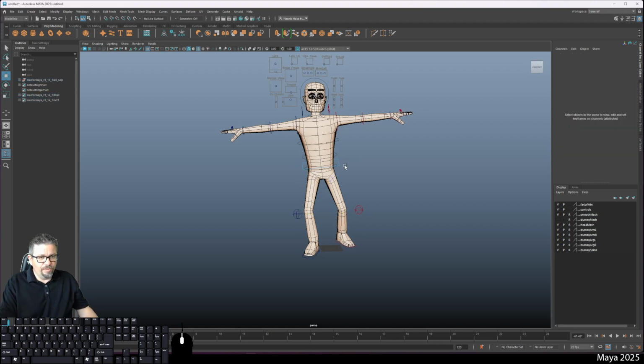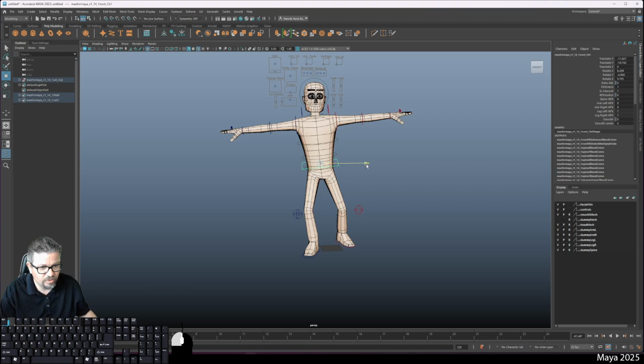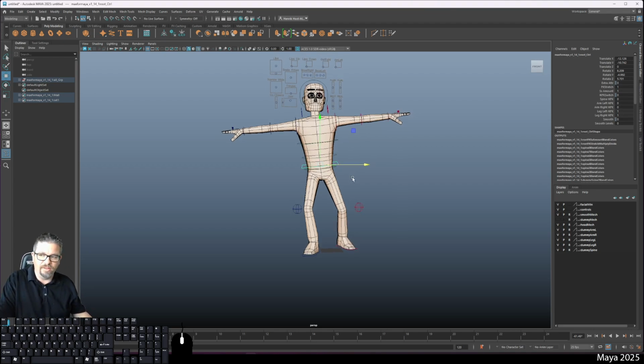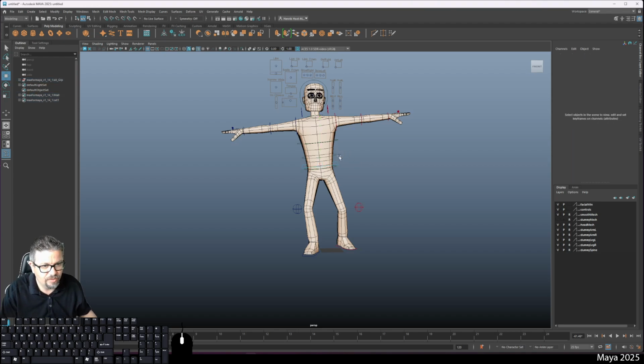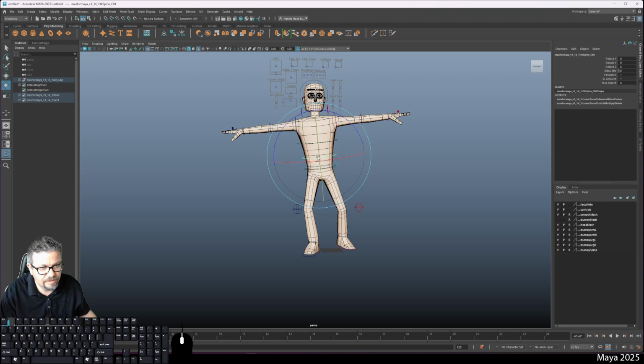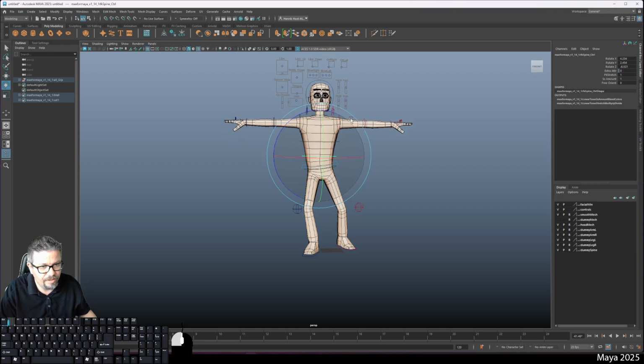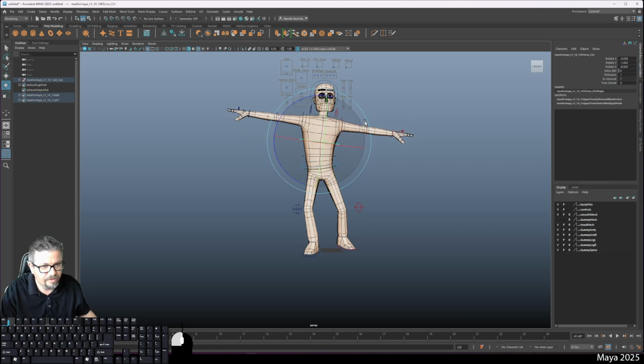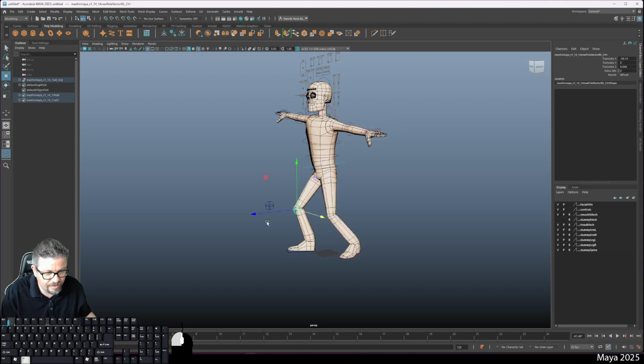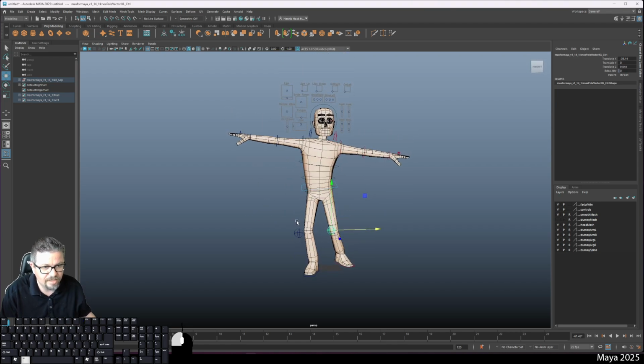Right? So when your body's shifting to disperse weight, your hips do as well. Okay? And when we do that, we typically will counterbalance with our body in other ways. So what I'll do is I'll move up his body here and just give him a little bit of a pose here. I could bring this knee in, might look a little weird, but I'm starting to get this really nice clean bend. So when thinking of character posing, and that's if I kept my camera locked from this position,